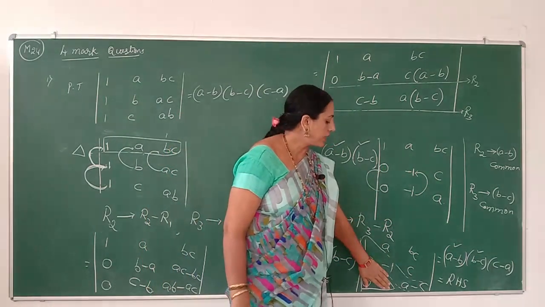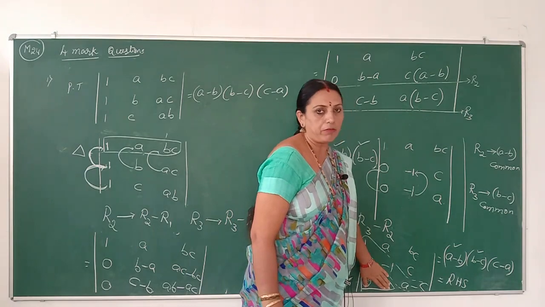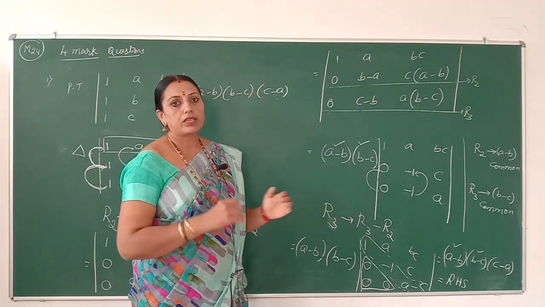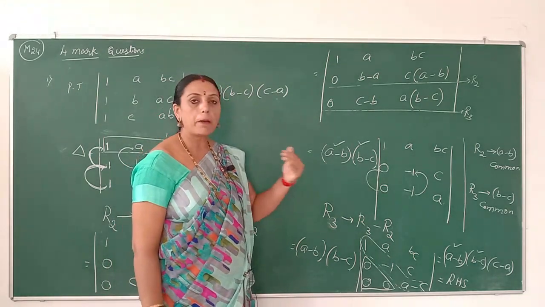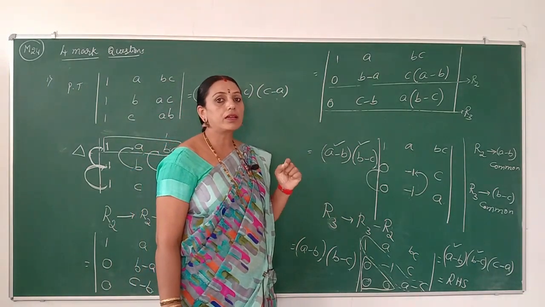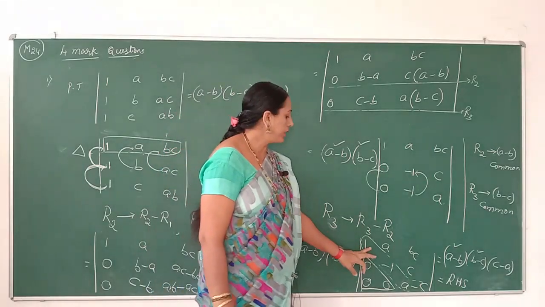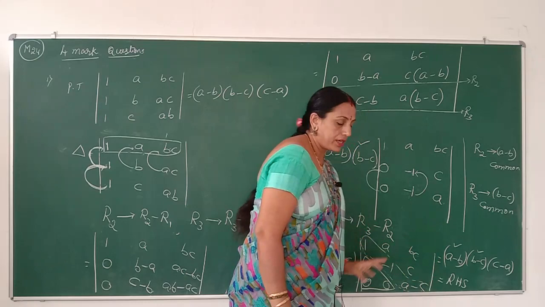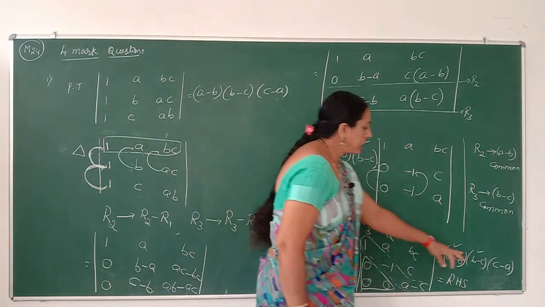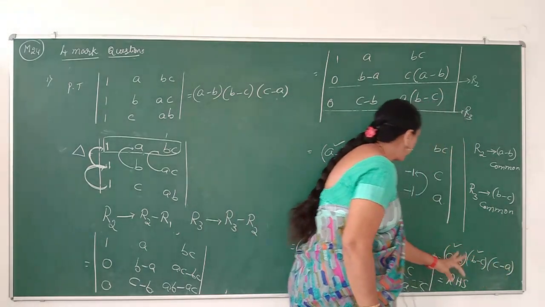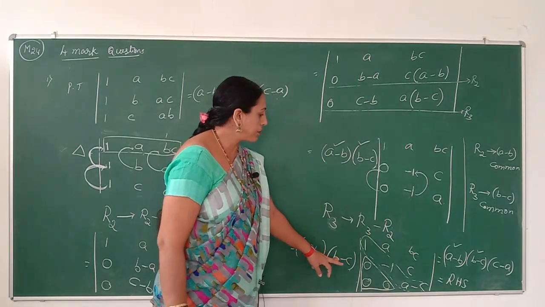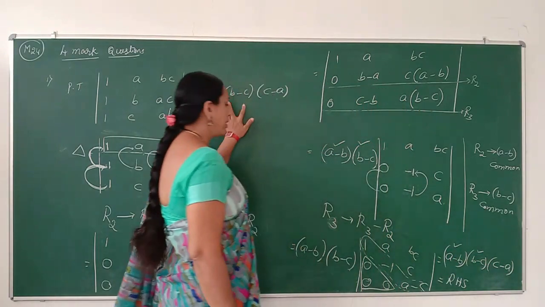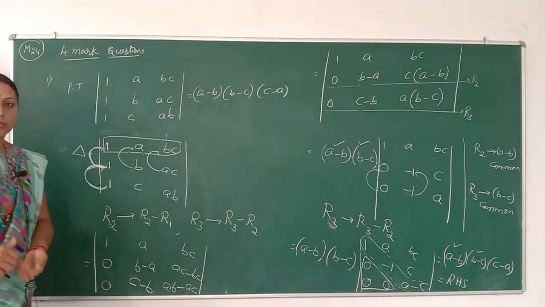So therefore, by using the last property of the determinant, if both sides of the diagonal elements are 0, then the value of the determinant is the product of the principal diagonal elements. The elements of the principal diagonal are 1, minus 1 and a minus c, and the product is c minus a, multiplied by the common factors a minus b and b minus c. Therefore, these are the elements in the RHS. Therefore, LHS is equal to RHS.